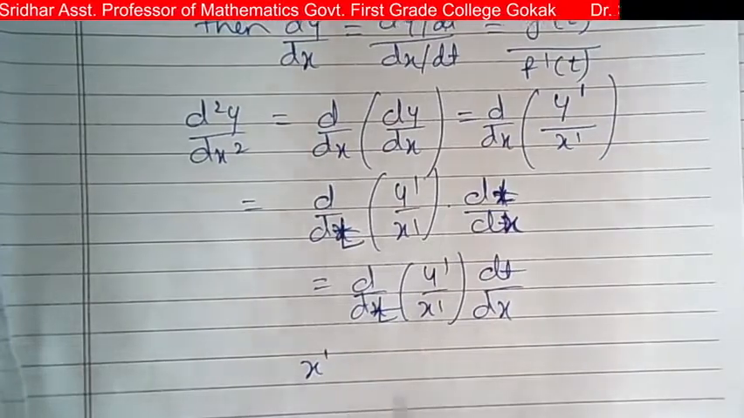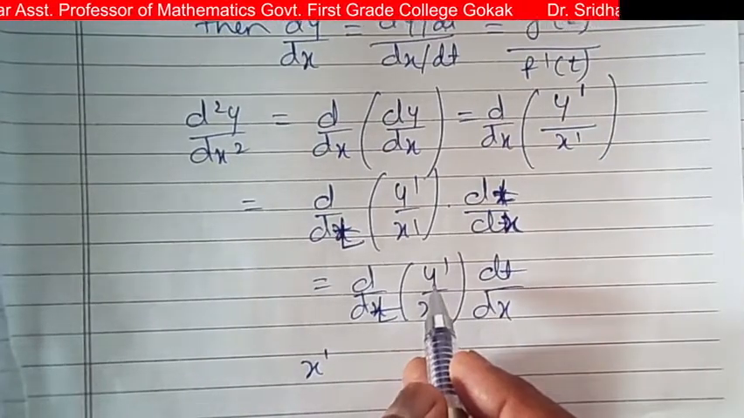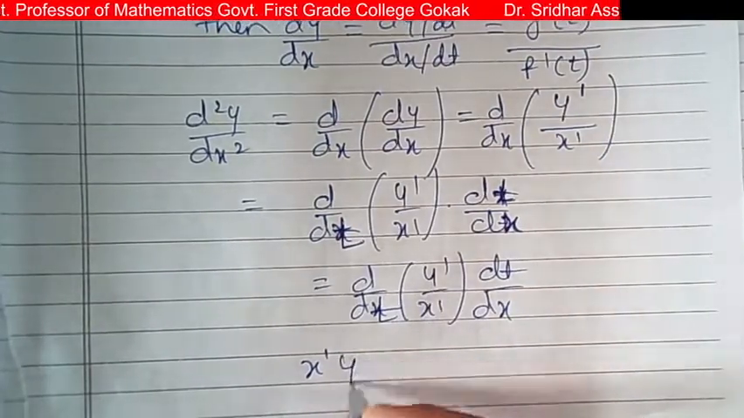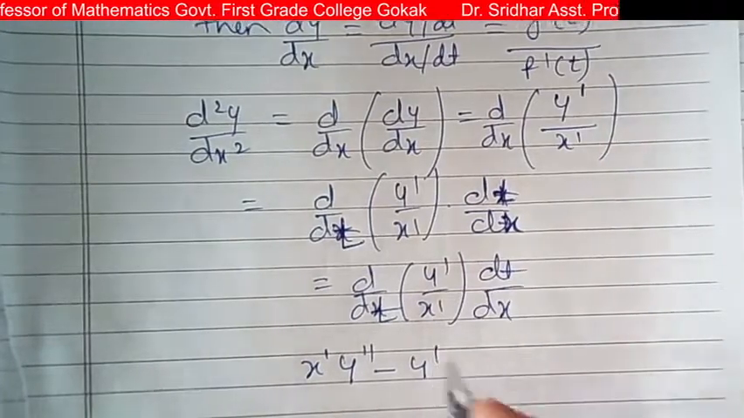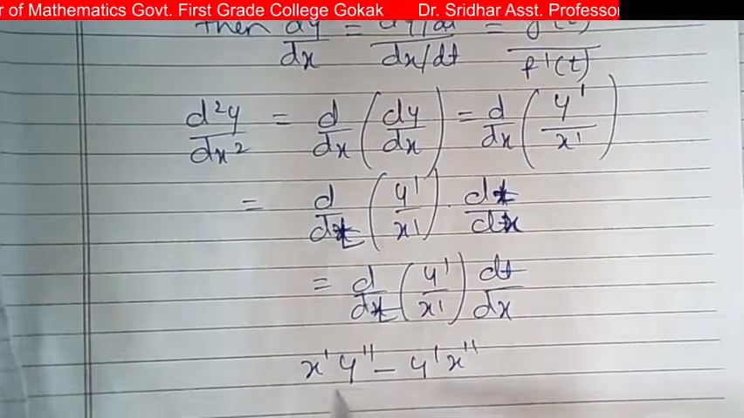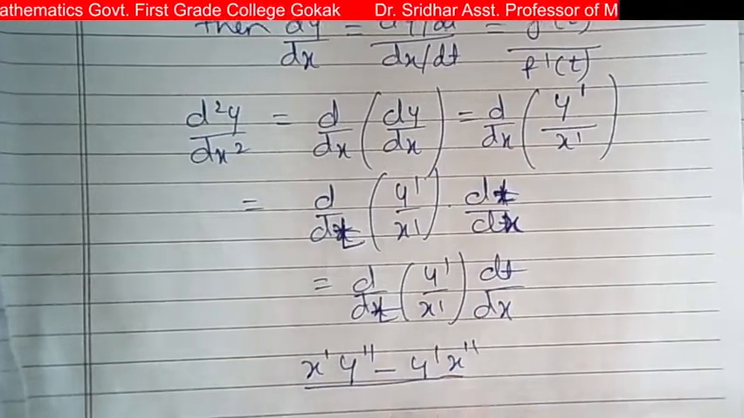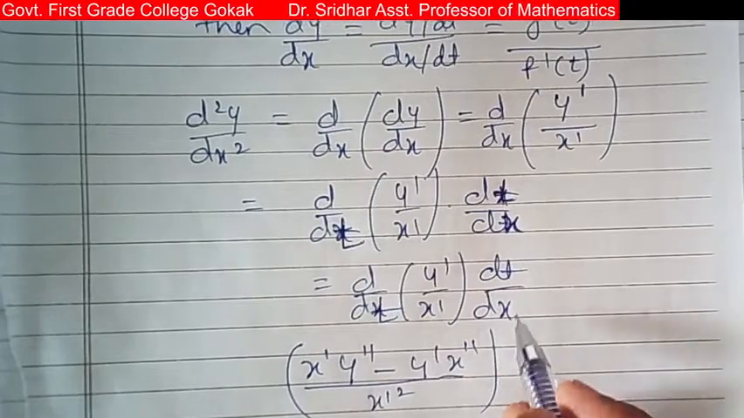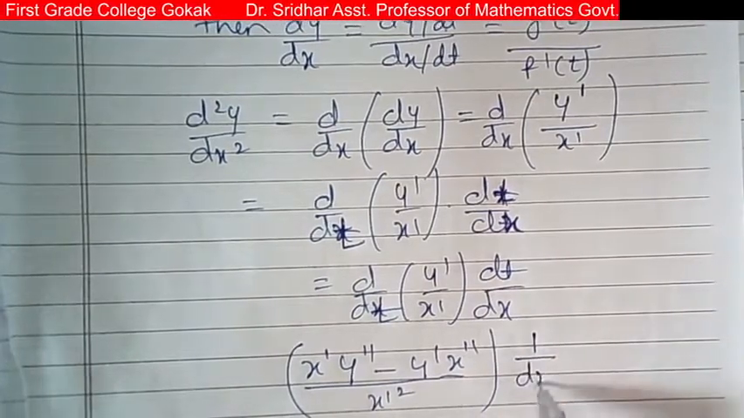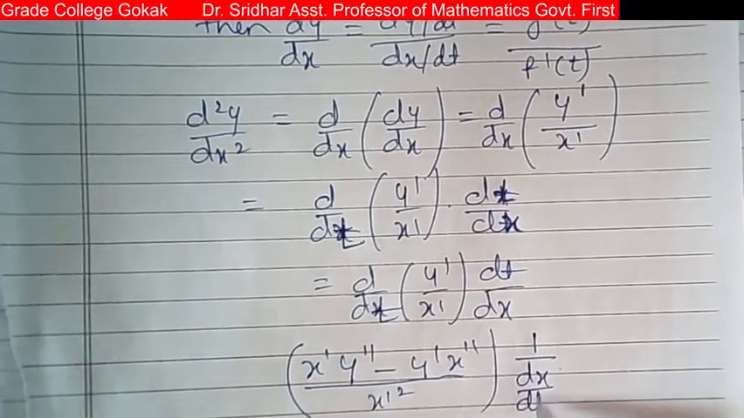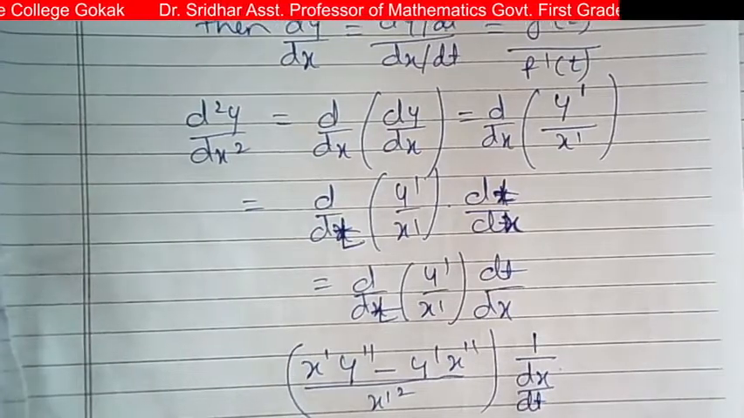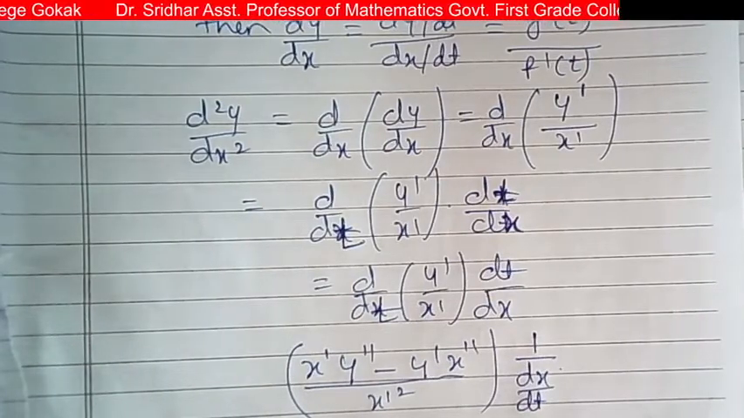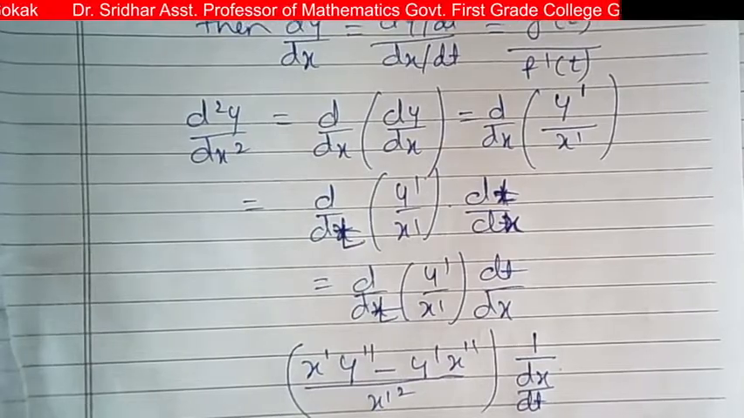So x dash as it is, differentiation of y dash is y double dash, minus y dash as it is, differentiation of x dash is x double dash, whole divided by x dash whole square, into this dt by dx, which can be written as 1 divided by dx by dt. Okay, so that is, which can be written as